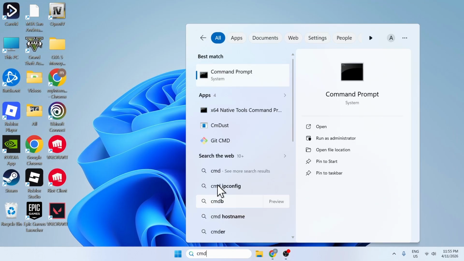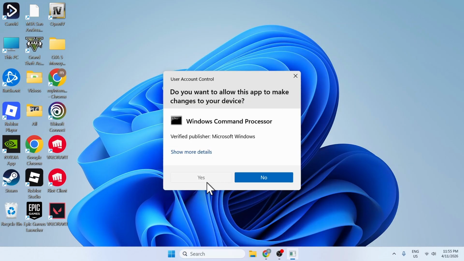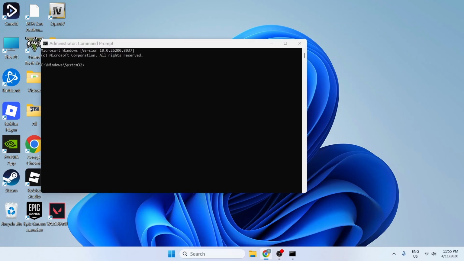here, type in cmd, right click, run as administrator, click Yes, and type in these 4 commands. So net stop WUAUSERV, then type the second one, net stop cryptSvc, then type net start